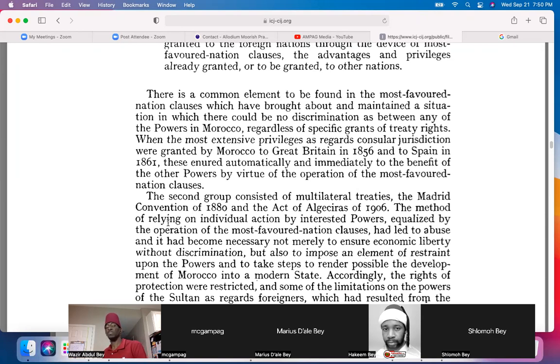I'm bringing it up because they keep talking about the most favored nation, and we always see France in the mix when they're talking about the most favored nation. I think that could be why they're one of the most favored nations: they were one of the original nations to have a treaty with Morocco. And that's not the last one, because that's a bilateral treaty, just between France and Morocco. But then they're also part of multilateral treaties, right?